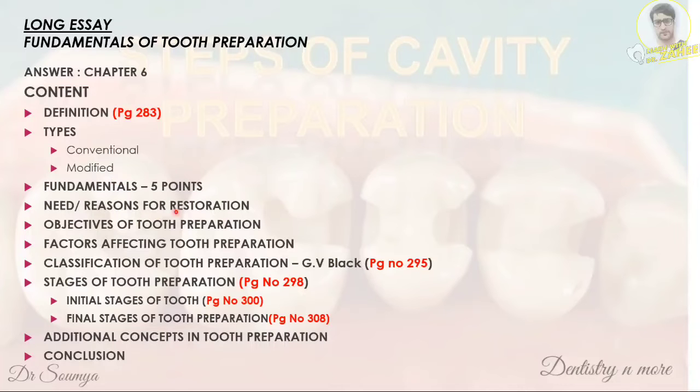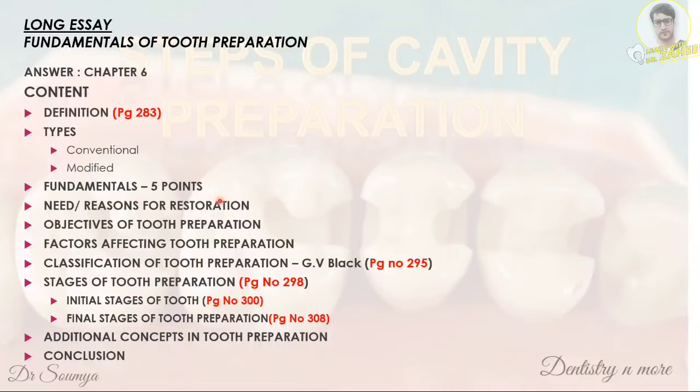However, when you come to the fundamental concepts of preparation, the fundamental concepts are actually 5 points which are applicable to both the conventional and modified. You can say the first one is removal of all unsupported enamel tooth structure. Second one is that the fault, defect or caries is removed. Third one is that the remaining tooth structure is left as strong as possible. Fourth one is to protect the pulp, and fifth one is that the restorative material must be retained in a strong,